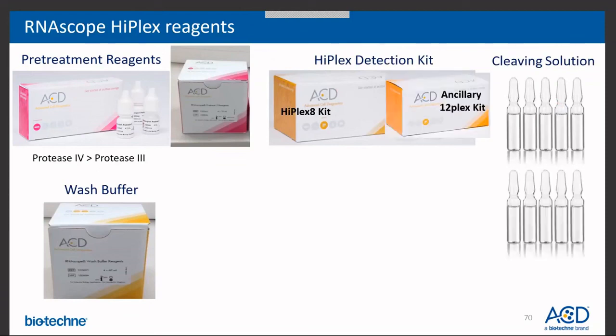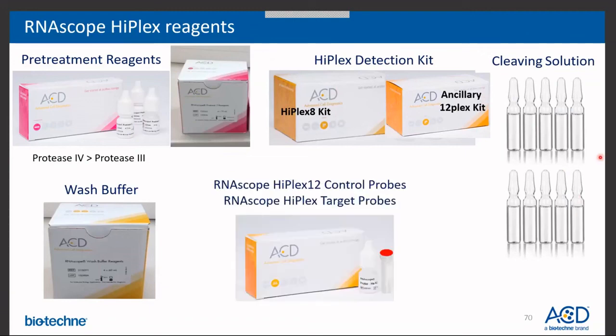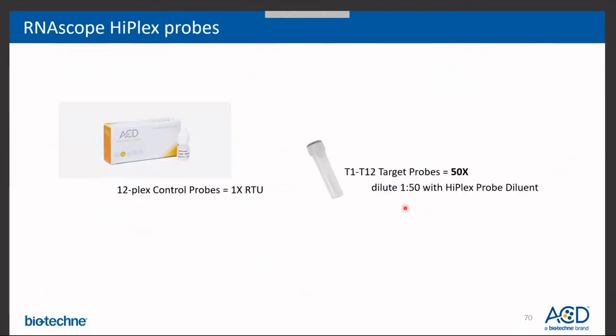If you're looking for 12 targets, you'll then also want the ancillary kit that allows you to detect 12 targets. And it comes with more cleaving solution because you'll do another round of cleaving than you would with an 8-plex. And then the probes. The 12-plex control probes come pre-cocktailed, pre-mixed at 1x concentrate, ready to go. Your target probes will all come at 50x concentrate in little Eppendorf tubes just like this, and you'll use the HiPlex probe diluent, this is basically a buffer, to dilute your concentrated target probes 1 to 50 for application to